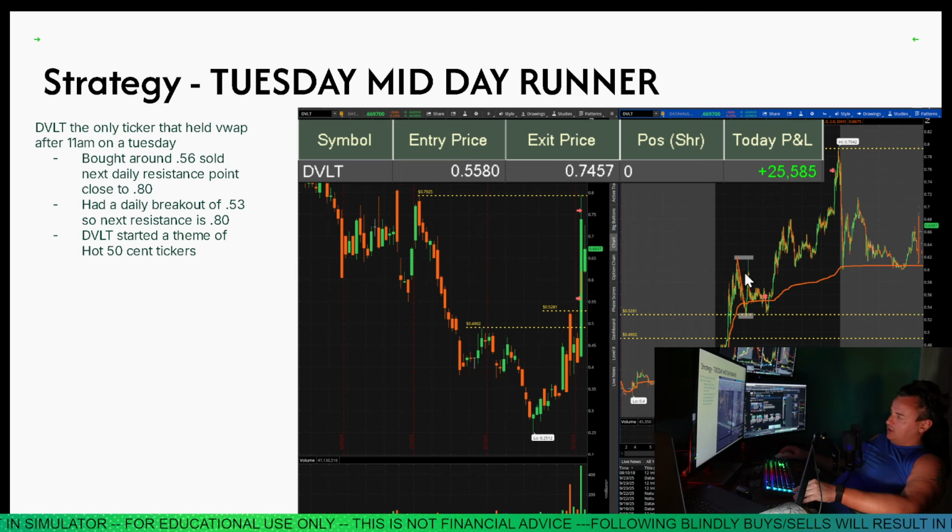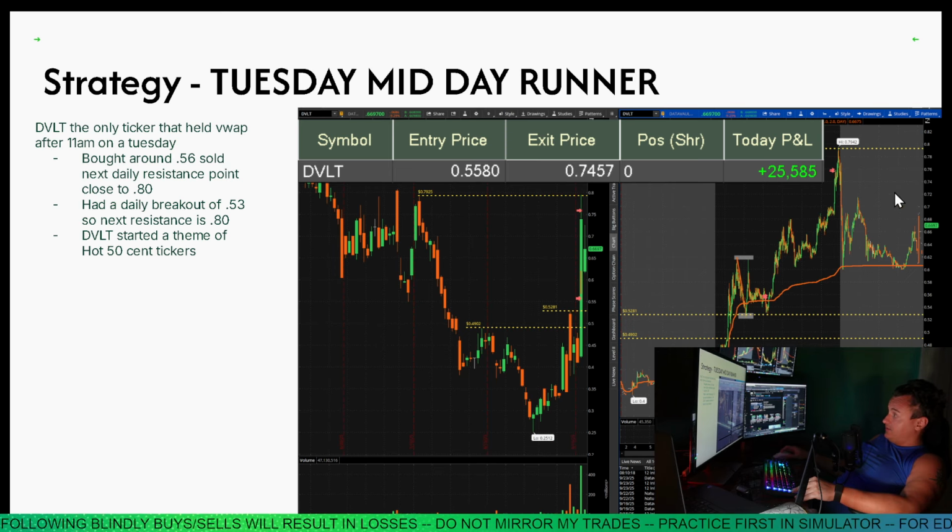This is the only ticker that's holding VWAP. That is the most important thing. So my entry was around 56 and my stop was like 54. And we actually pushed all the way up to 80, and then I sold it at 75. So I was able to make probably around a 35% gain overall on this ticker alone. And what got me to make 123K on the next day is that